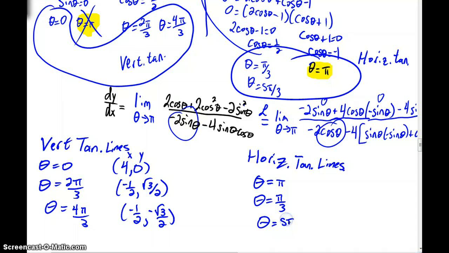Well, we could very quickly do some work at pi. That's going to correspond to the pole, 0, 0. We're also going to have at pi over 3, 3 halves, and then 3 root 3 all over 2. Finally, at 5 pi over 3, we'll have 3 halves and negative 3 root 3 all